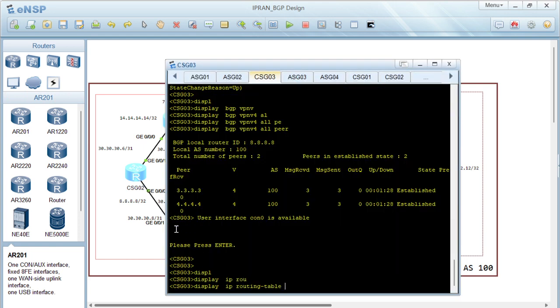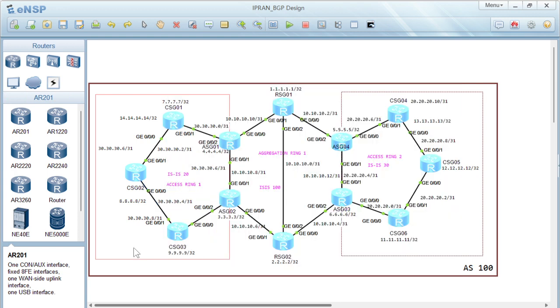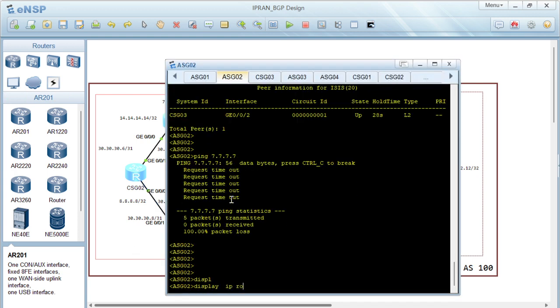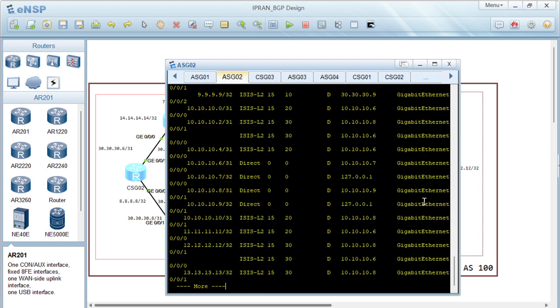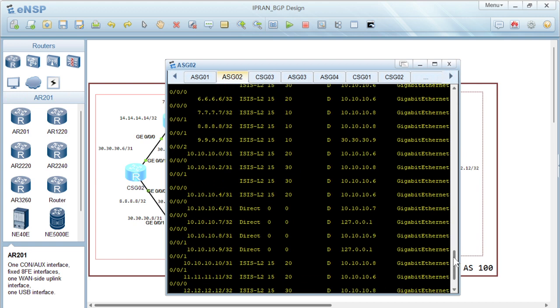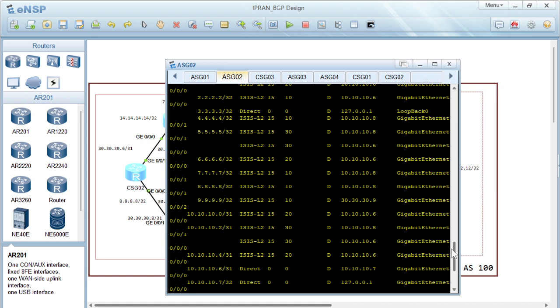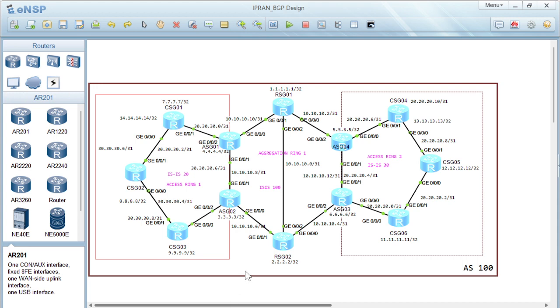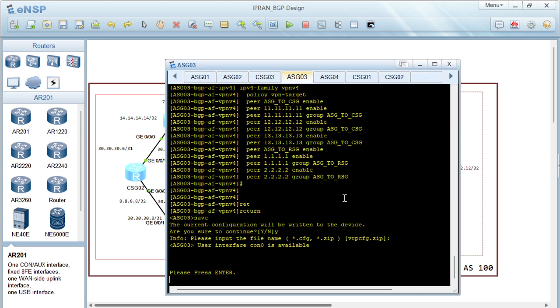Display IP routing table. We have 777 on SG2, display IP routing table. We have it here, it's pointing to 10.10.10.8. So we have the routes to the CSGs. Once we have verified that we have proper route import between these processes, we can also do the same